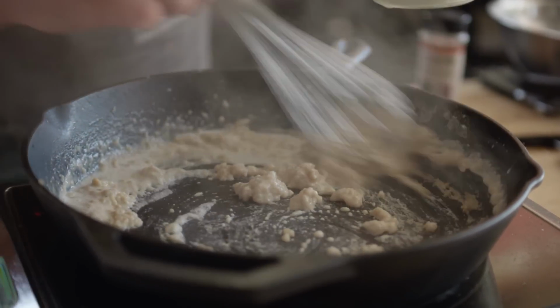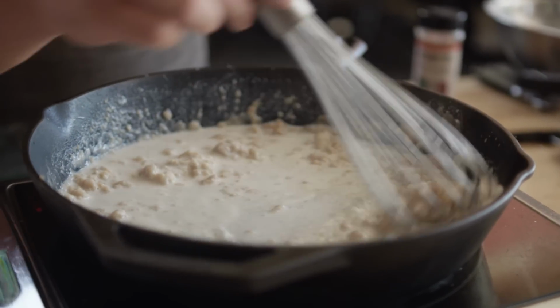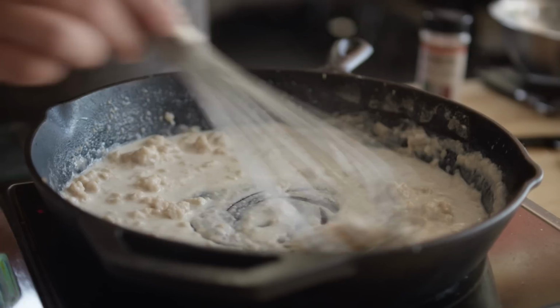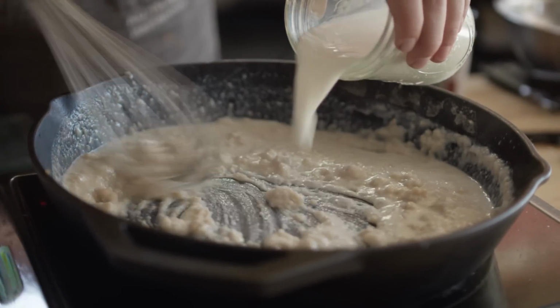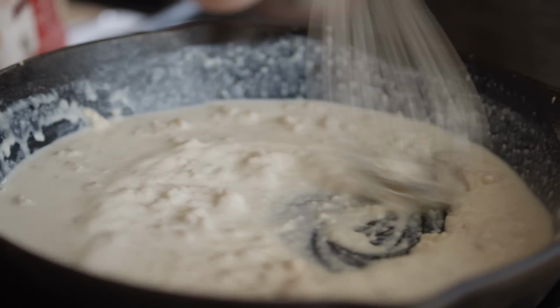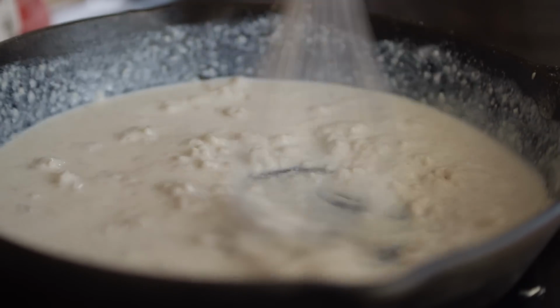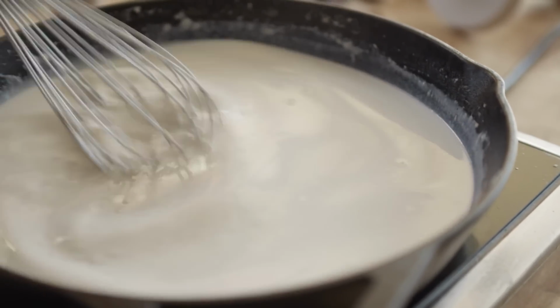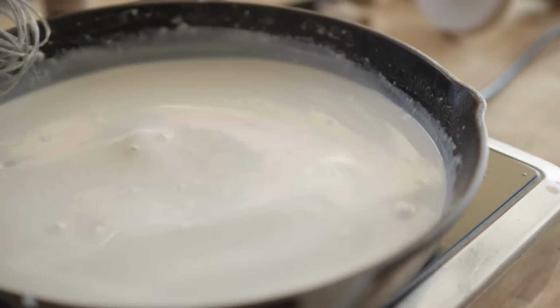We're going to add about a half cup at a time, maybe a little bit more. And once those lumps go away and it thickens up, add a little bit more. We're looking to add about 4 cups of milk total. With all of the milk incorporated, we're just going to run this over medium heat until it's thickened, but in